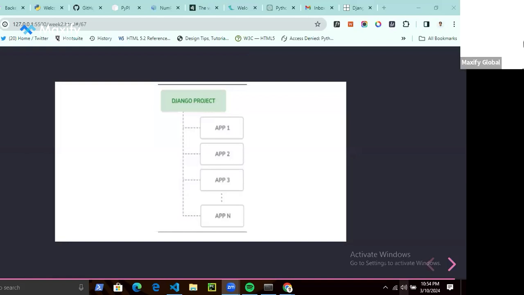Okay. For web development with Django, let me start by saying there are different ways you can build a web application or a website. Typically, there's a difference between a website and a web application. A website, for me, is just static pages. Let's say you build an informational website that has just the name of the company, contact, and all of those things. Typically, I call that a static website.